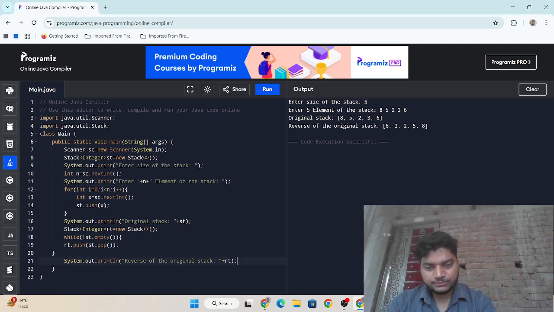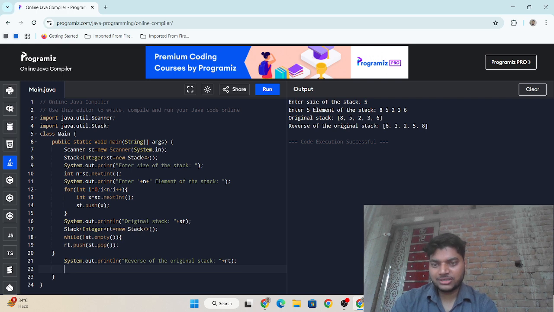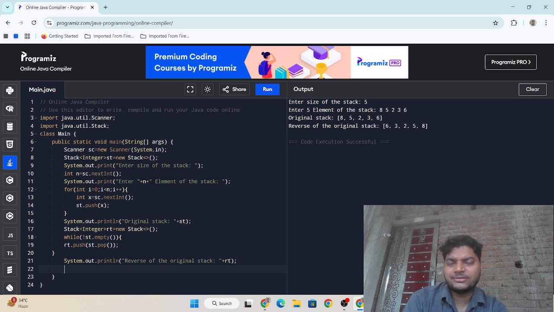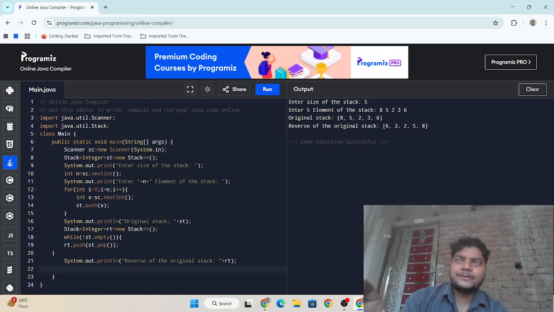So I am going to write logic for displaying the elements of the stack without using System.out.println, means built-in function. Okay, so I am going to write just what I am doing here. I am just copying the elements from the original stack into the auxiliary stack in reverse order.